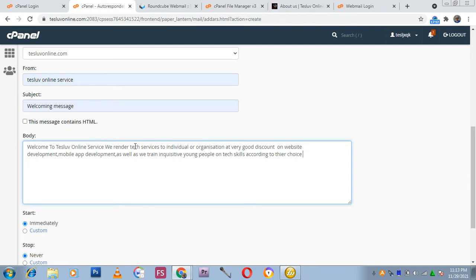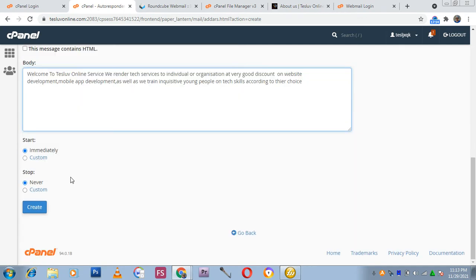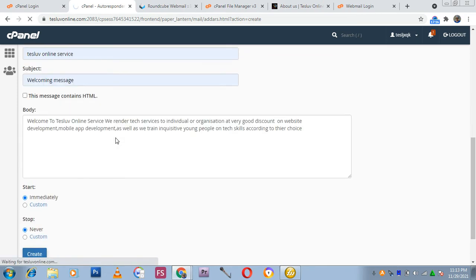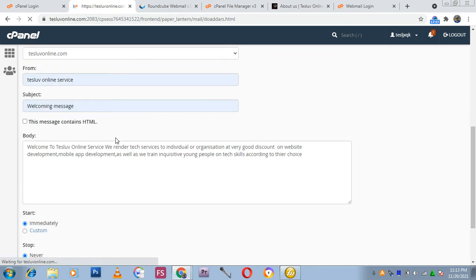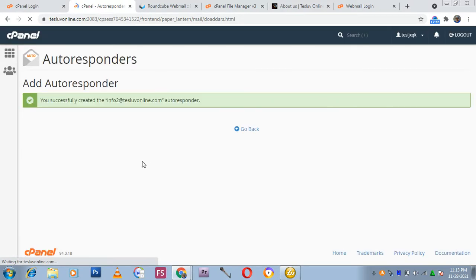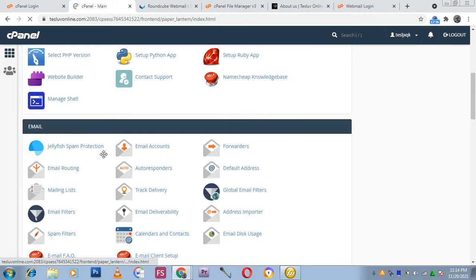And so basically you just click on create and it will create a responder, and this is what it will send to them. You can see you successfully created the info to testlove.online.com autoresponder. So another thing that we want to do is call